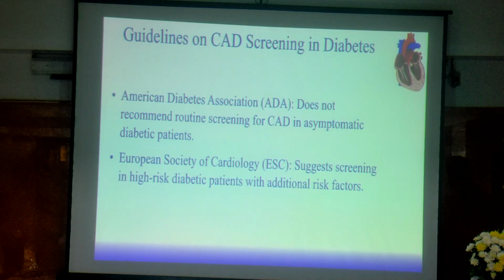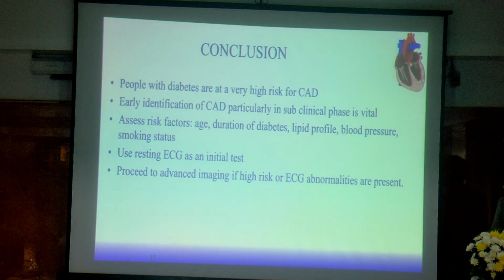What do the guidelines say? The ADA doesn't recommend routine screening, but ESC definitely says identify the high risk patients who have additional risk factors, and then you do screening. So identification of high risk factors is important. So with these messages, I would like to conclude that people with diabetes are at very high risk for coronary disease, and early diagnosis by subclinical identification of coronary disease is life-saving in several patients, and very important to identify